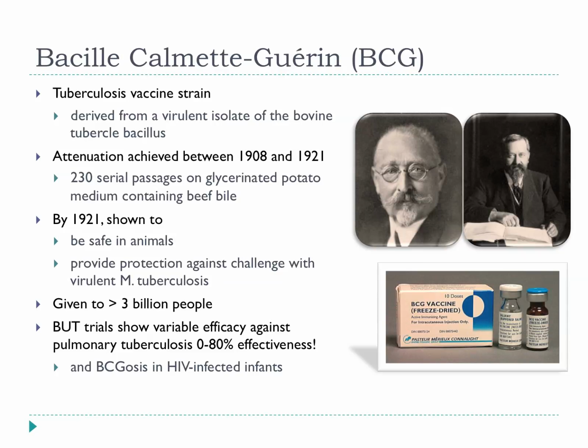And what these guys did was they just passaged the bacterium multiple times on this glycerinated potato medium containing beef bile. So basically found a medium that supported its growth well, and they just subbed it out, leave it for a few weeks or months, get nice colonies, then sub those out, kept doing that. And during that process, it became attenuated. It lost its ability to cause disease in animals, but it was still able, in guinea pigs, for example, to provide protection against challenge with the virulent form of the bacterium.